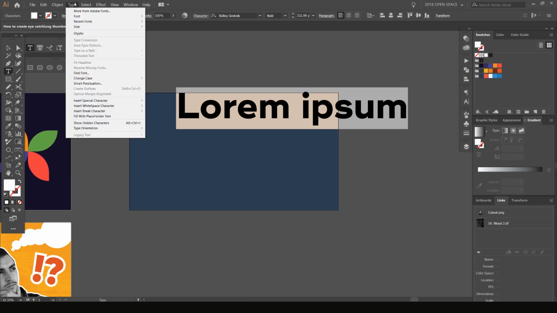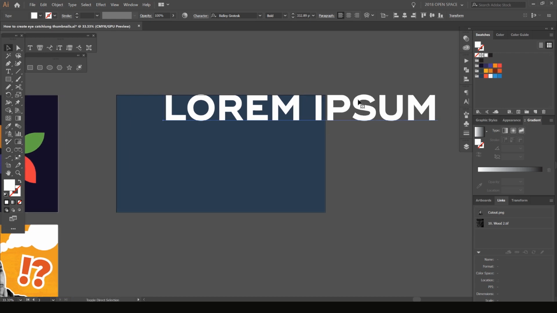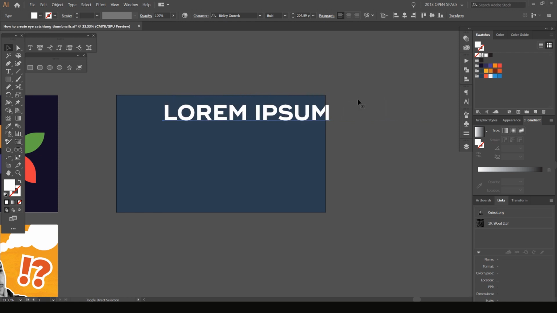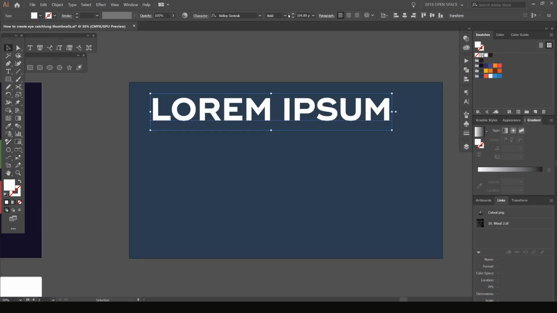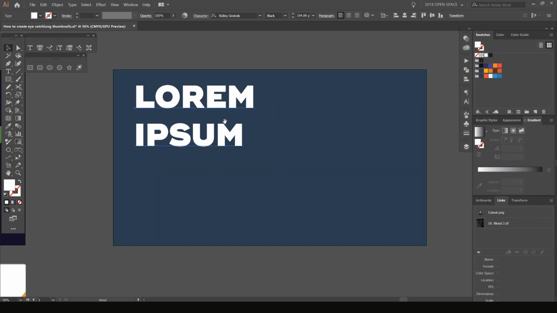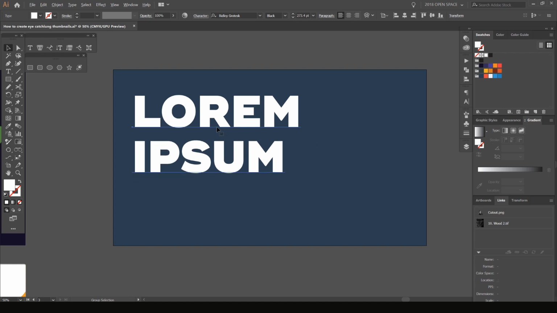So I'm going to go to type and go to change case and go uppercase. So it's good to have uppercase because it's really bold and it stands out. And I'm just going to make this smaller. So I'm going to press Control Shift and just the comma key and drop that down. Scale it, and it's not bold enough, so I'm going to go to my type styles at the top and actually make it black. I like the boldness. I'm going to just press enter, and once again I'm just going to scale it, so I can use the bounding box here, scale it up. I'm going to bump up the leading,